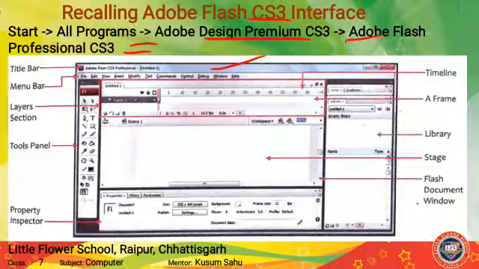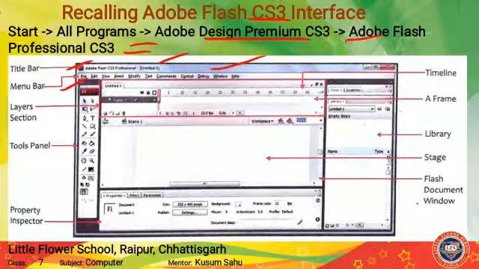In this, it contains different components. Here you can see this is the title bar, and here this is the menu bar. The title bar is where the title of the document is written. Here you can see Adobe Flash CS3 Professional Untitled-1 is written. After that, the menu bar.